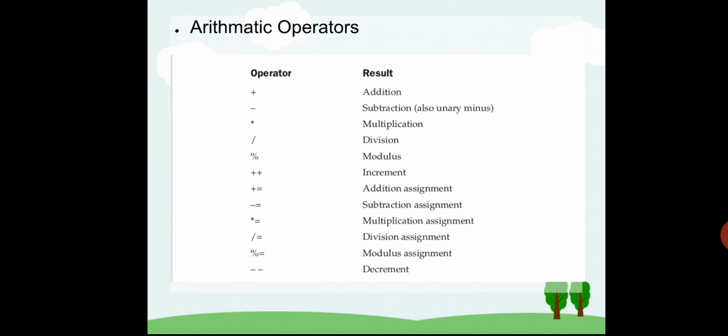Plus is for addition, which you might have used. And not only for addition, actually it is also used for string concatenation. In Java, in C#, in JavaScript, in PHP, in some of the languages, not in C and C++, but in the rest of the programming languages, you would have seen that plus is used for concatenation also. Concatenation means you are placing two separate strings one after another.